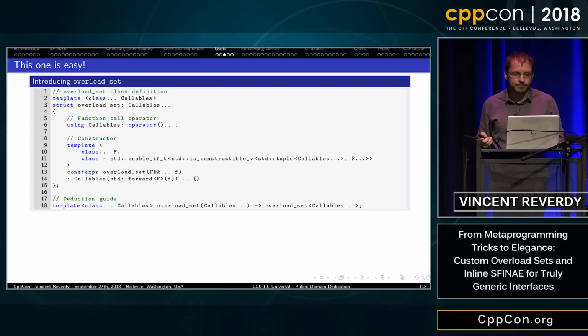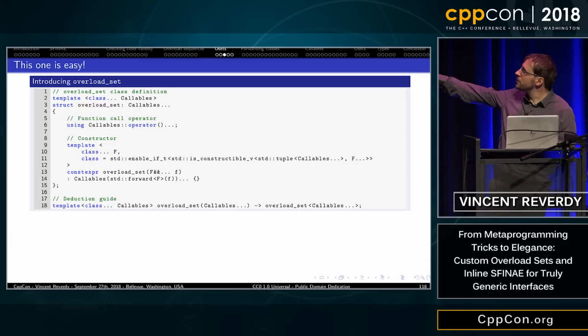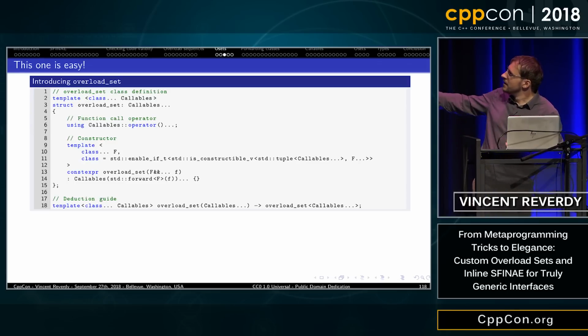This one is easy. So you define your class overload set that inherits from the callables you give it. And you say that you promote the operator equal so that it's visible from the overload set. And you can build the thing from a list of callables.